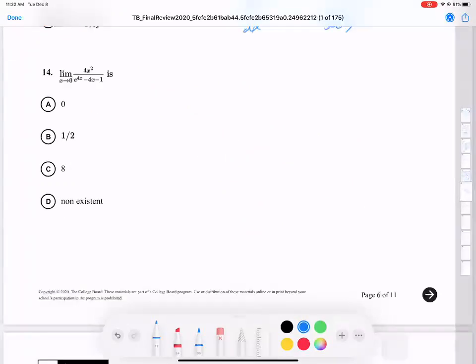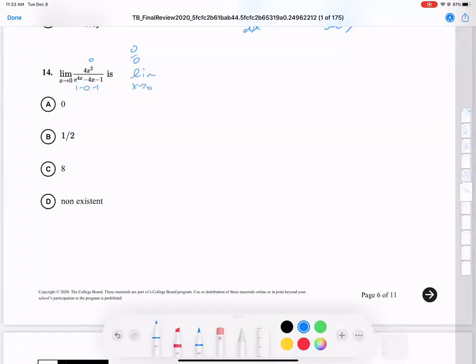Okay, next problem is plugging in 0. Let's go ahead and try plugging in 0. If I plug in 0, it's going to be 0. e to the 0 is 1, minus 0, minus 1. We see that's 0 over 0, so we use L'Hopital's rule. L'Hopital's rule is simply, if it's 0 over 0, that doesn't make any sense, so we go ahead and just take the derivative. The derivative is,